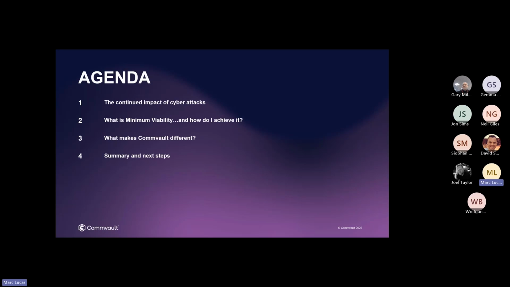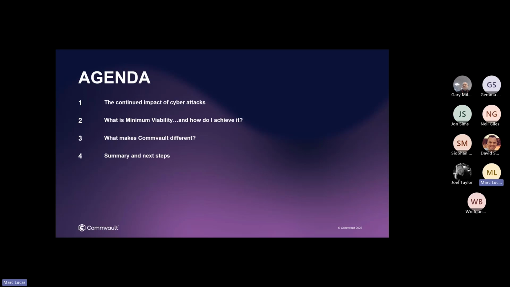And then we'll round things off by talking about what it is that makes Commvault different. And there's things in there that have made Commvault different over the 10 years plus that I've been talking about Commvault. And then there's the new cyber resilient features. Although when I say new, we've always been inherently secure. We've built what we've done from the ground up on the NIST principles that I'll mention a little bit later on as well.